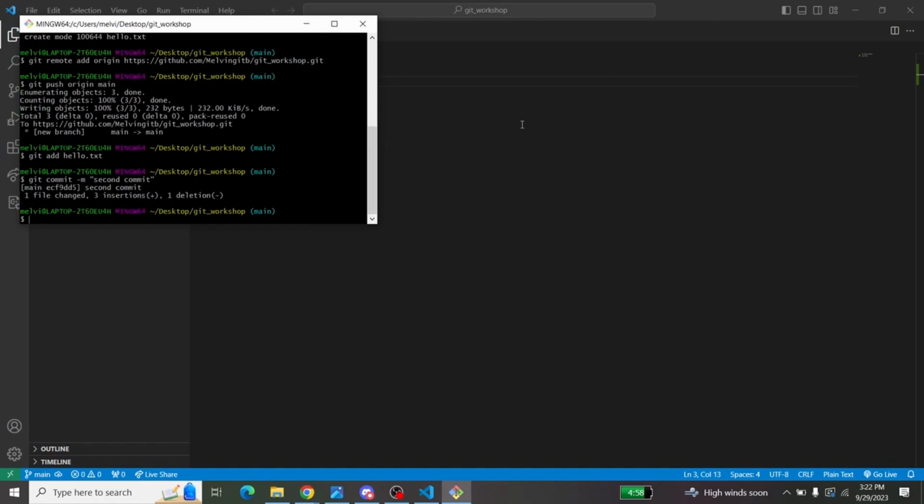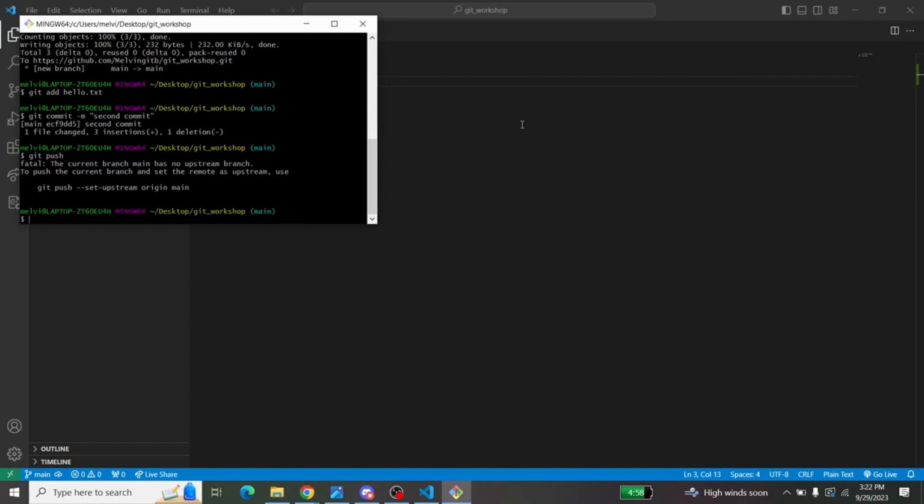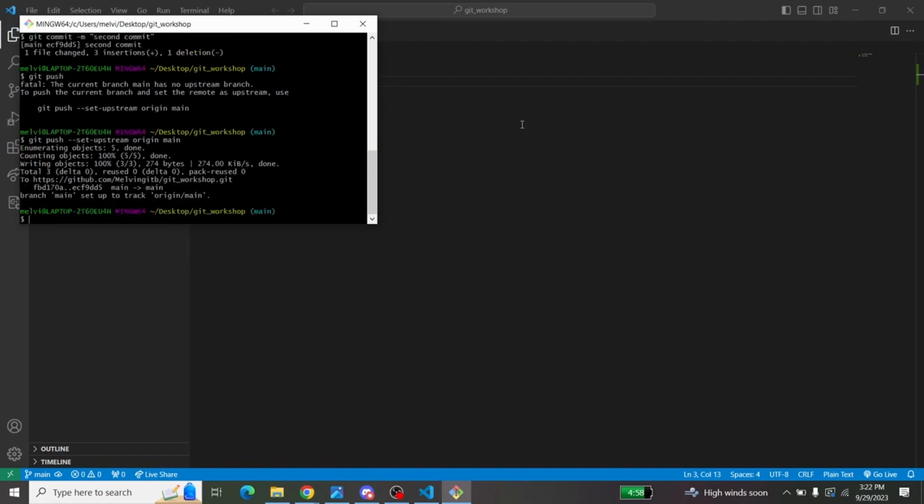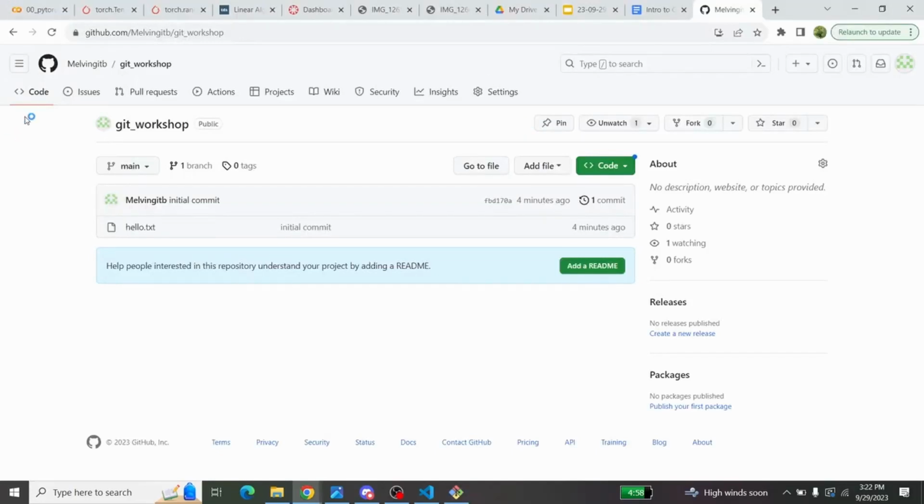Now that the local one is already connected to the remote one, all we have to do from here is just git push. Okay, git push set upstream. Okay, there we go. Yeah, I know you might not know what that means, but we'll explain more once we get into branching. So now that it's pushed,